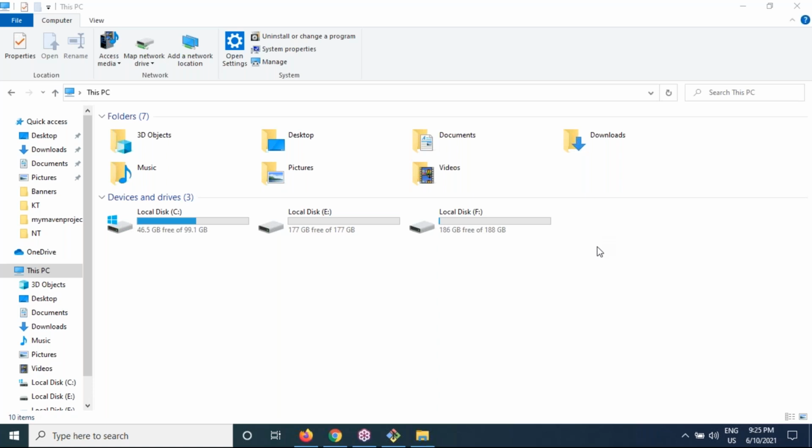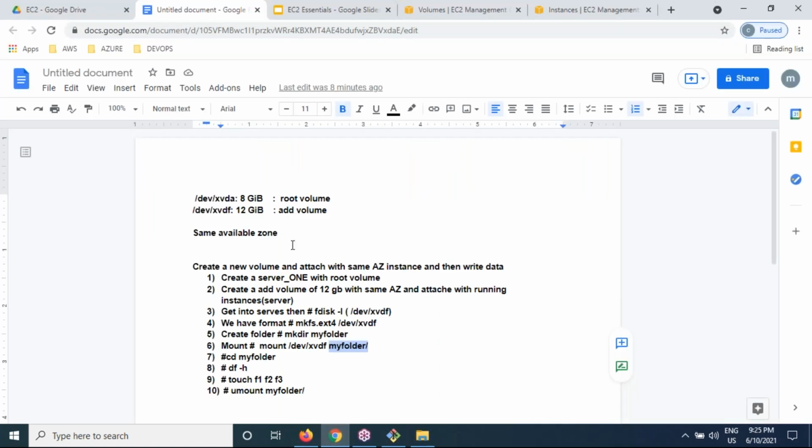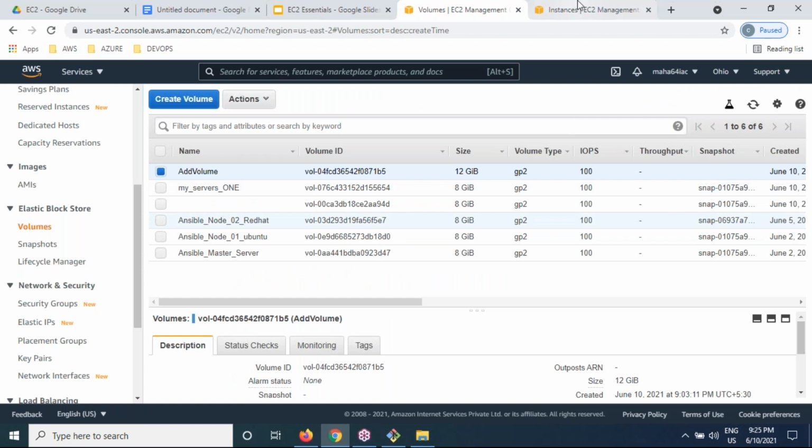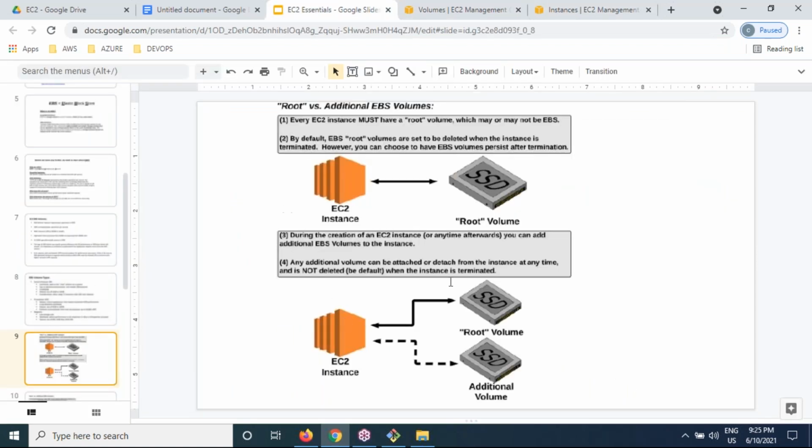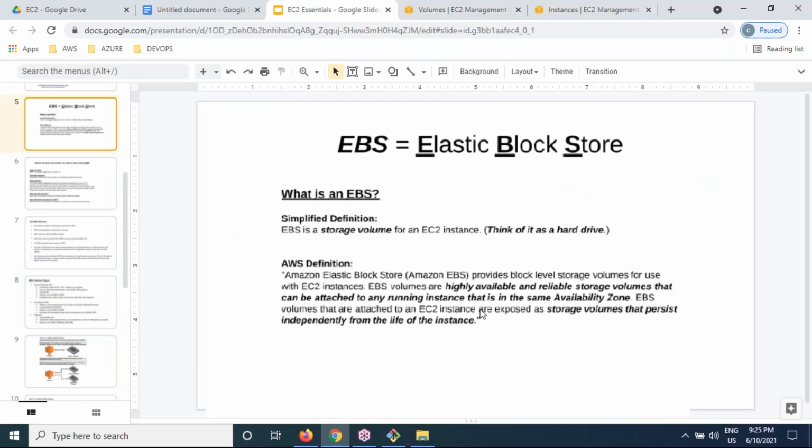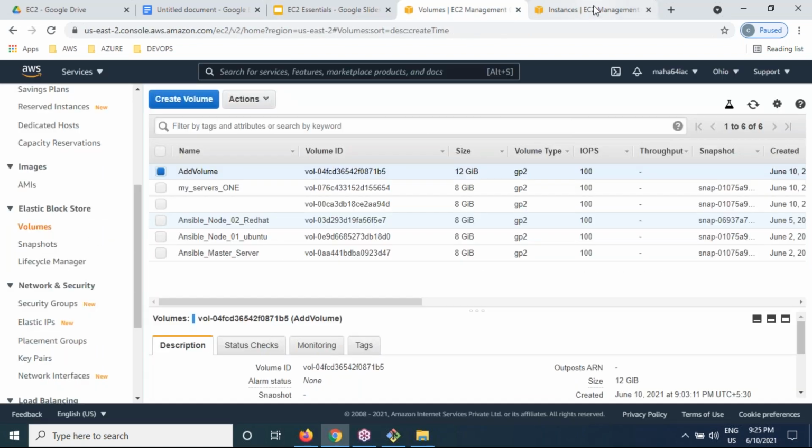Can you provide slides to us? The slides are for explanation purposes only, not required. It won't help you. This is only a diagram for explanation and definition, nothing more.